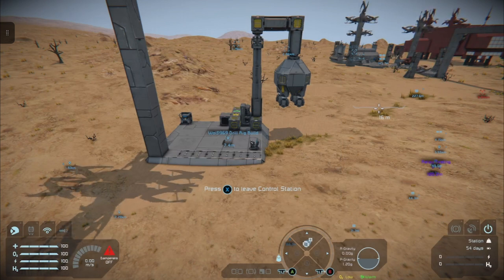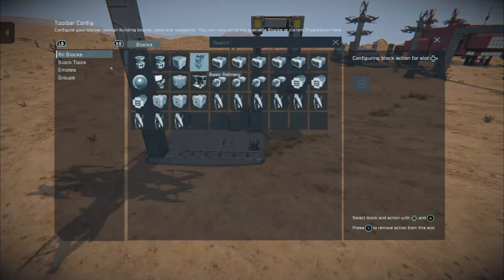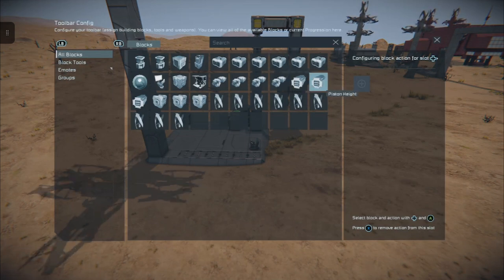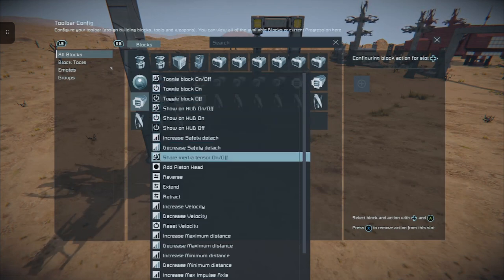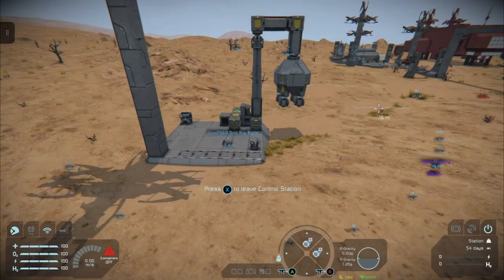And we're going to do a couple of things here. Our piston horizontal, we're going to add a reverse command to.